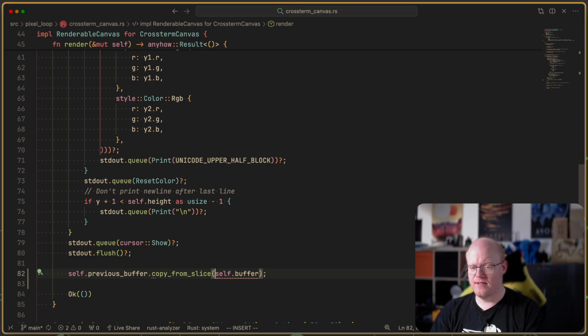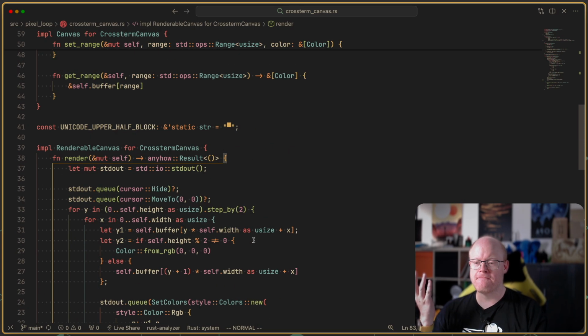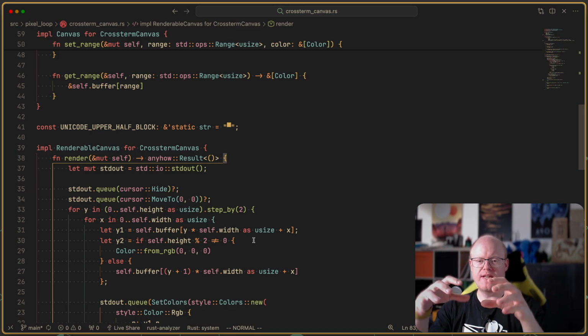Maybe we need a reference to that, I guess. Yeah, so this should actually copy all of our color information to our previous buffer once we are rendering. So now that we have the previous buffer information, we should be able to compare the two and only create render patches maybe, so areas of the screen where we have a color patch that we then actually